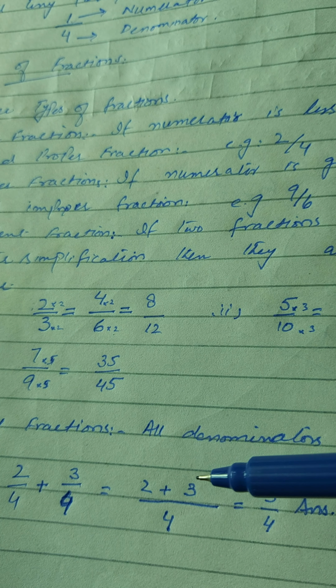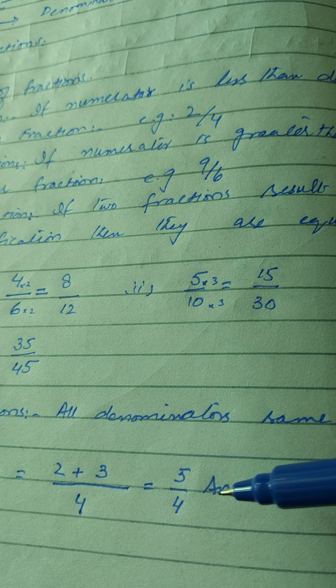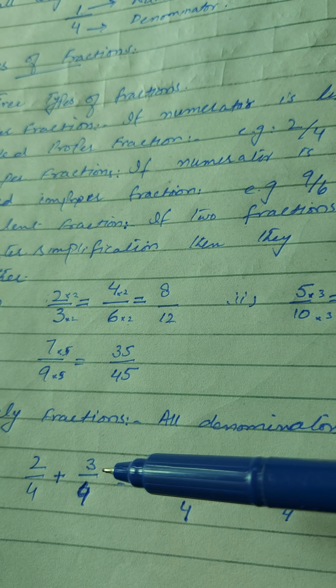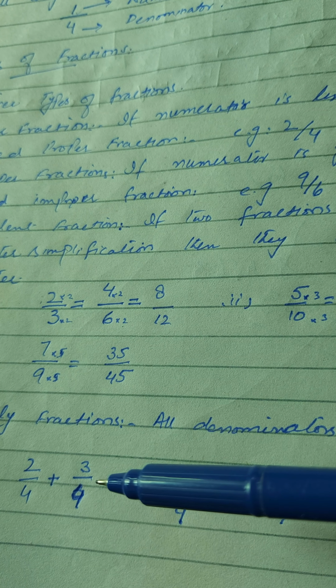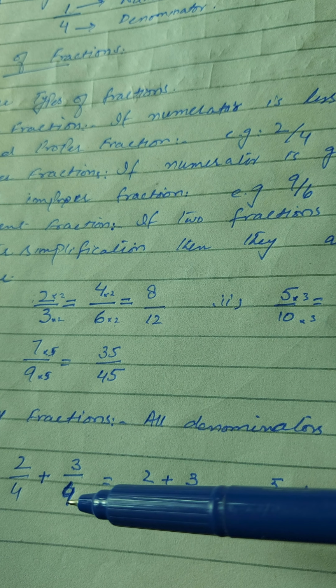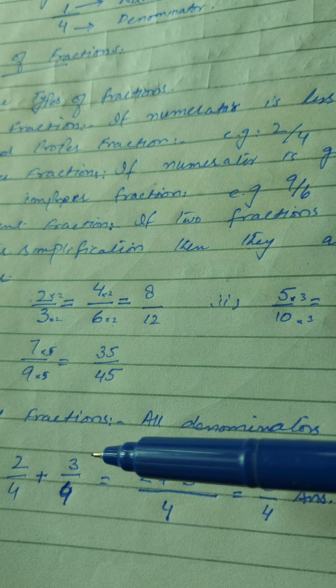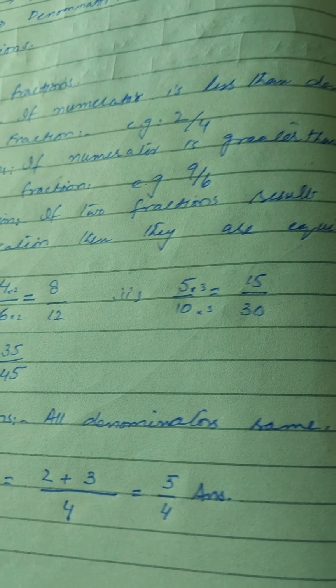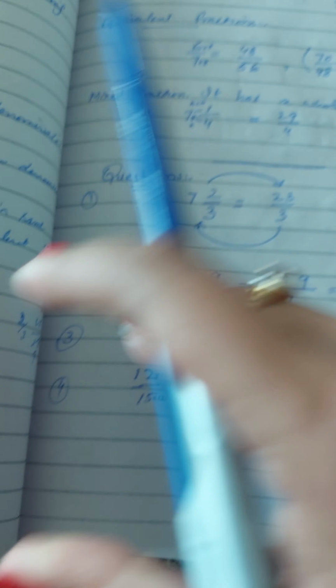That is 2 plus 3 is equal to 5 by 4. We have nothing to do with the denominator if we get a question of addition or subtraction where the denominators are the same. We will simply use the numerators, add or subtract, and write the answer. And then we were having